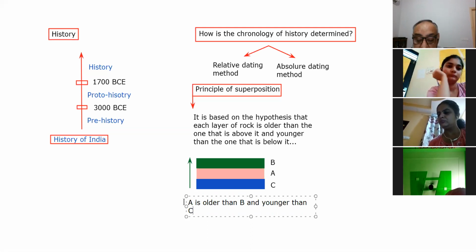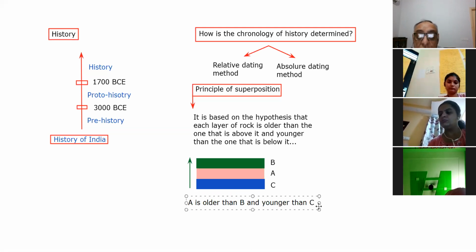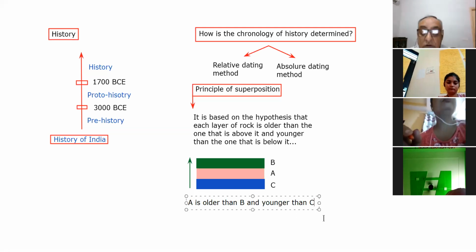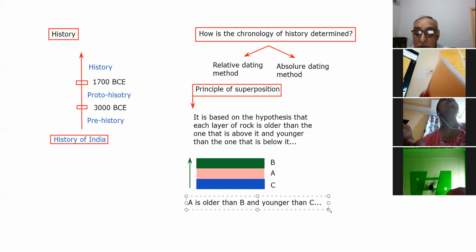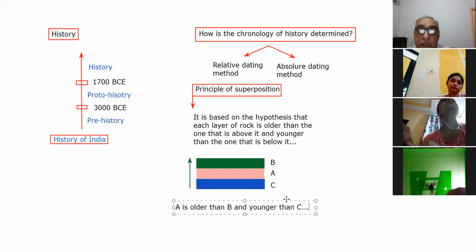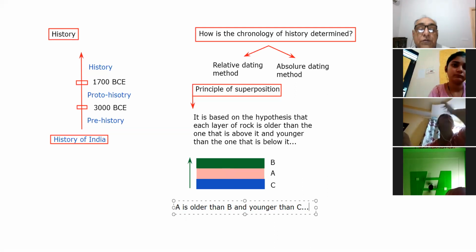This is the way we determine the chronology of the rocks and the chronology of life, the fossils found in the rocks. If a fossil is found in rock A, let's suppose,